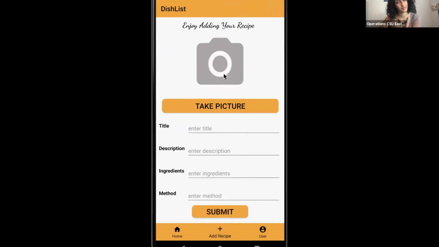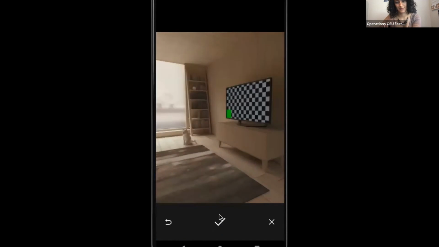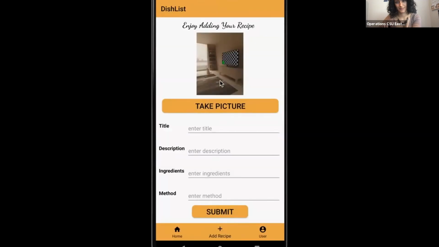The user will take a picture and then they'll fill out the necessary fields before they submit it. Just to show you how it works, this is the emulator. Got it. Take a quick picture. Shows the picture, enter the title, description, ingredients, method, and then they would just submit it and then it will